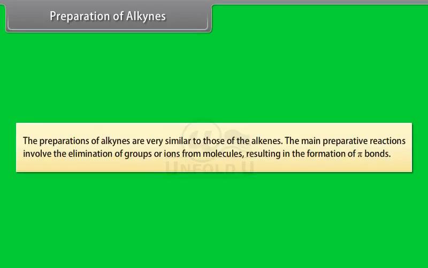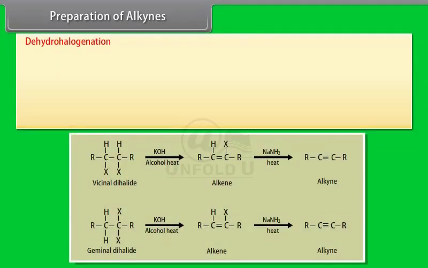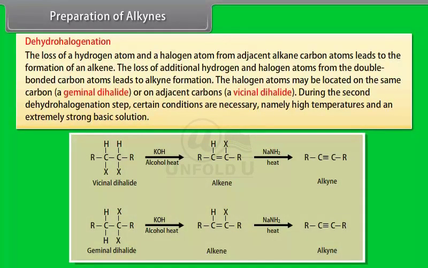Preparation of alkynes. The preparations of alkynes are very similar to those of the alkenes. The main preparative reactions involve the elimination of groups or ions from molecules, resulting in the formation of pi bonds. Dehydrohalogenation. The loss of a hydrogen atom and a halogen atom from adjacent alkane carbon atoms leads to the formation